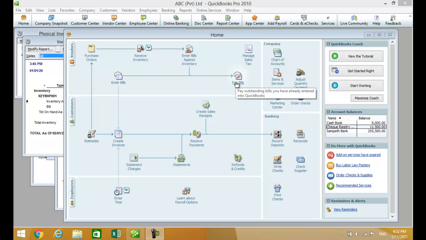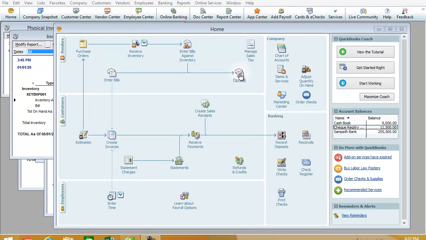We can use Pay Bills not only for payments to the supplier, but also for other expenses. Other expenses will also be treated in QuickBooks as a supplier payment. So we can mainly use this window for two purposes: one is payments to suppliers, and the other is payments to utility bills and other expenditures. Okay, we'll see how to pay the supplier bills.